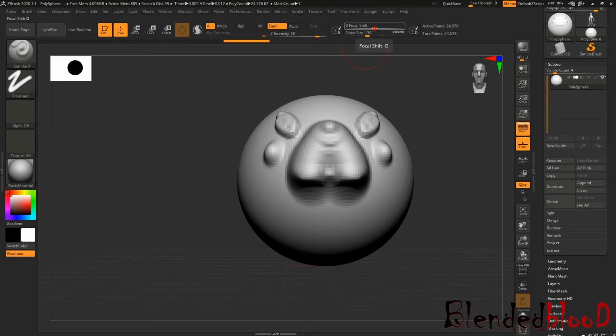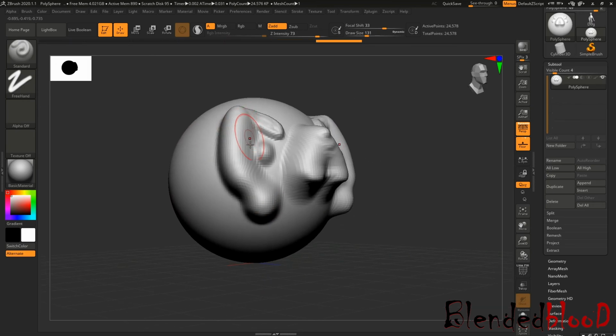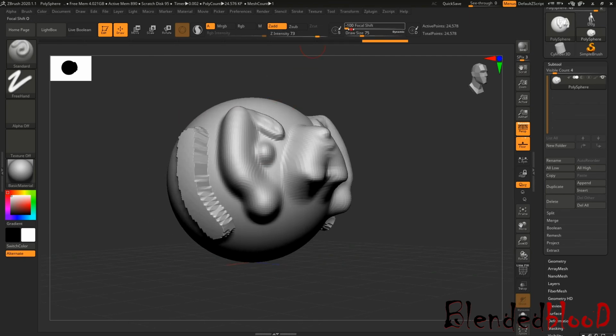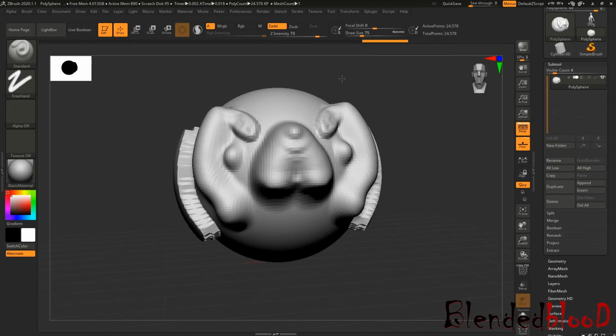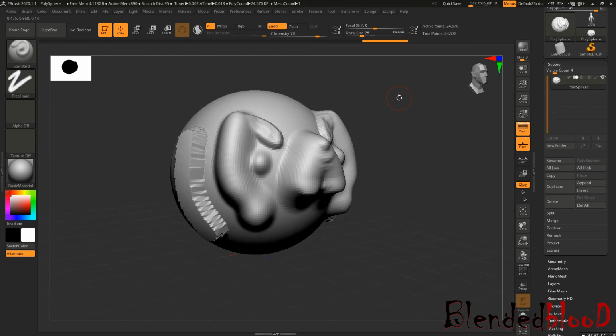If focal shift is this, this will be very sloped on the edges. But if focal shift is in a minus value, then see the difference between these two strokes. So make sure your focal shift is around 0 until you require it for your future needs. So this is it for the ZBrush tools.